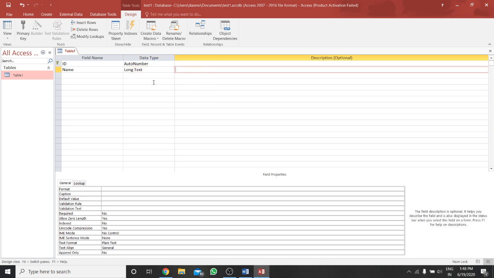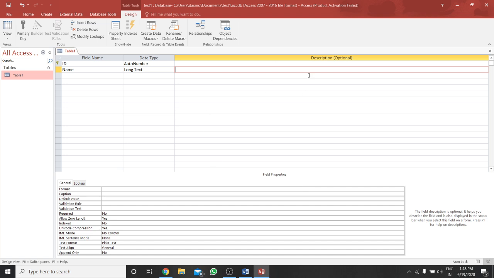So any property of this field that you want to change, we have to follow this field property pane. So while creating a table in design view, we have two parts, the field definition grid and the field property pane.